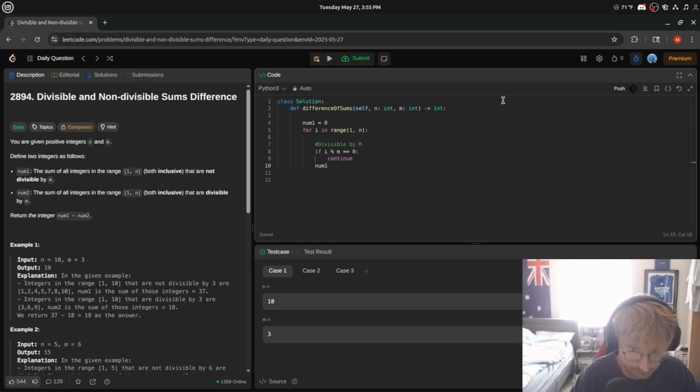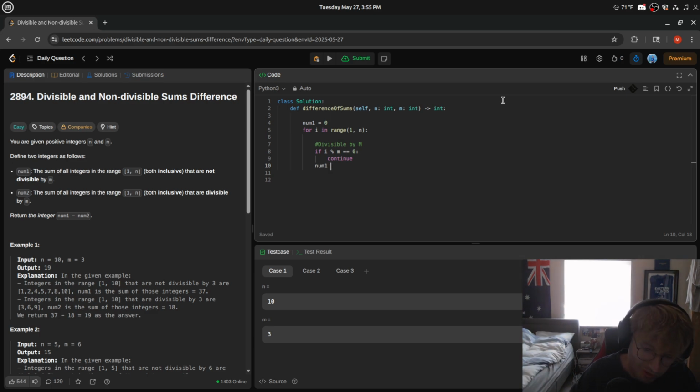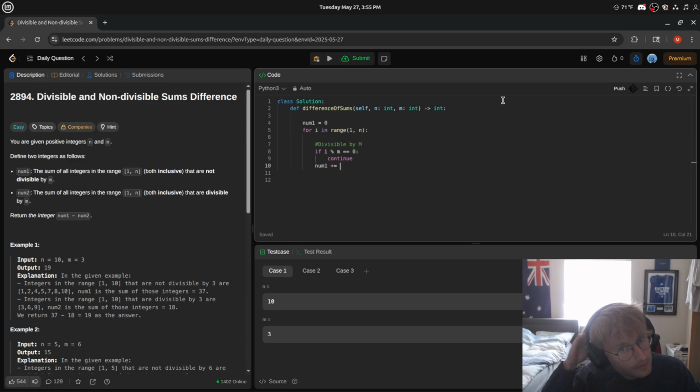Num1 plus equal to I. Right, and now num2, we want the sum of all integers from 1 to n, both inclusive,